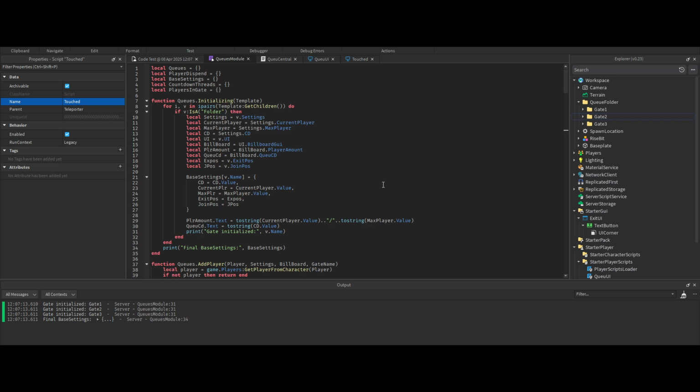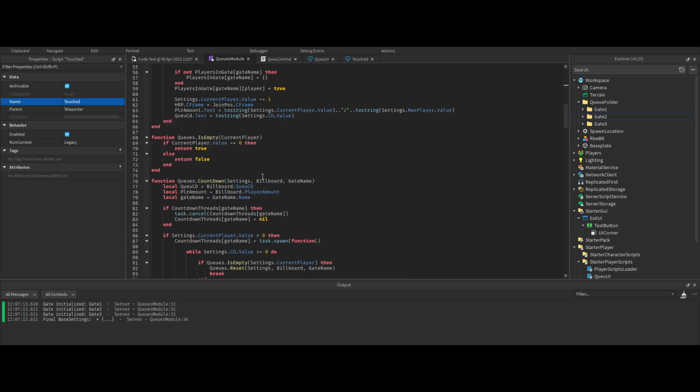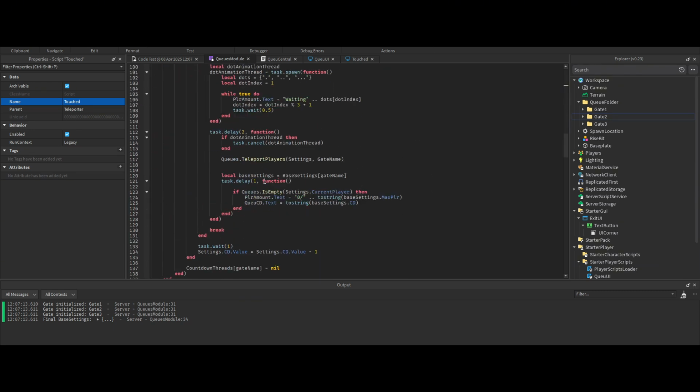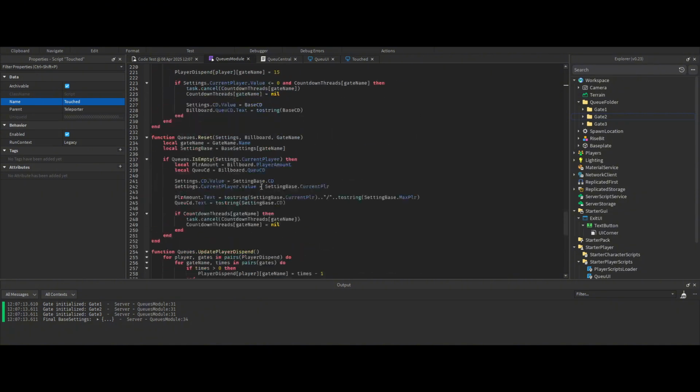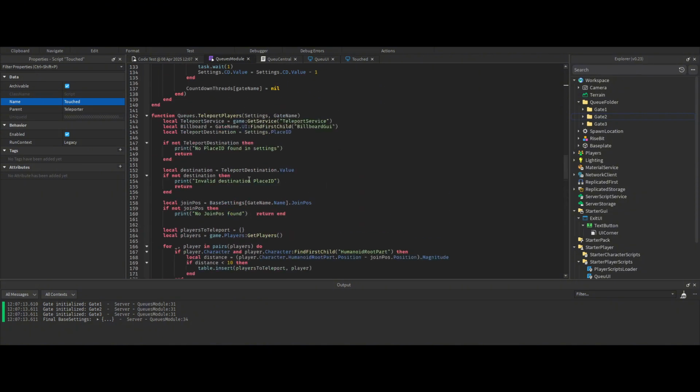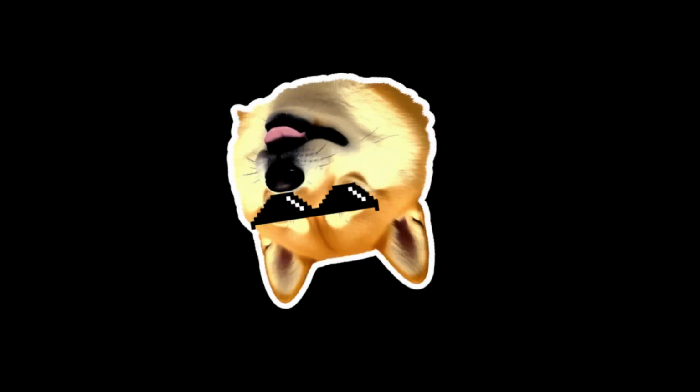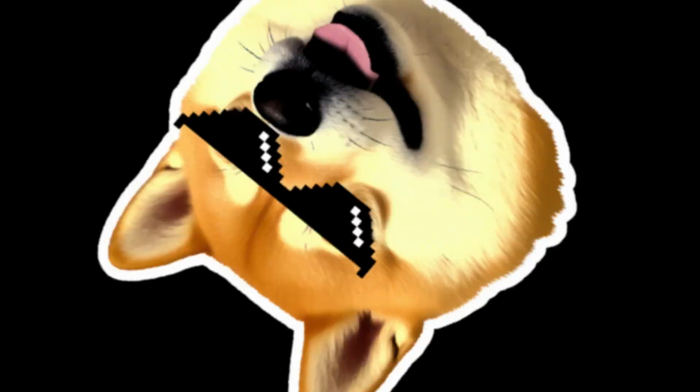Yeah, so for the module script, you guys can just read it on your own, as it would be too long if I explained everything in here too detailed. But overall, this queue system is very easy to scale and set up. You just need to copy and paste and change the values in the settings according to your needs. Also, I'm going to make this system open source by tomorrow,